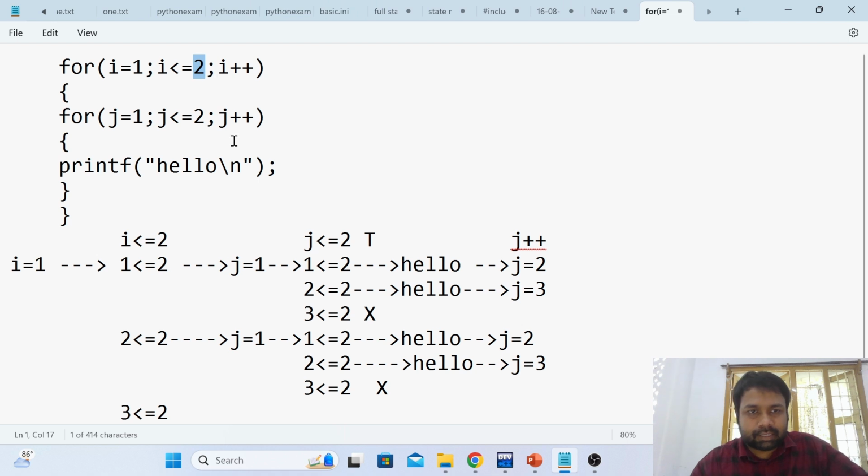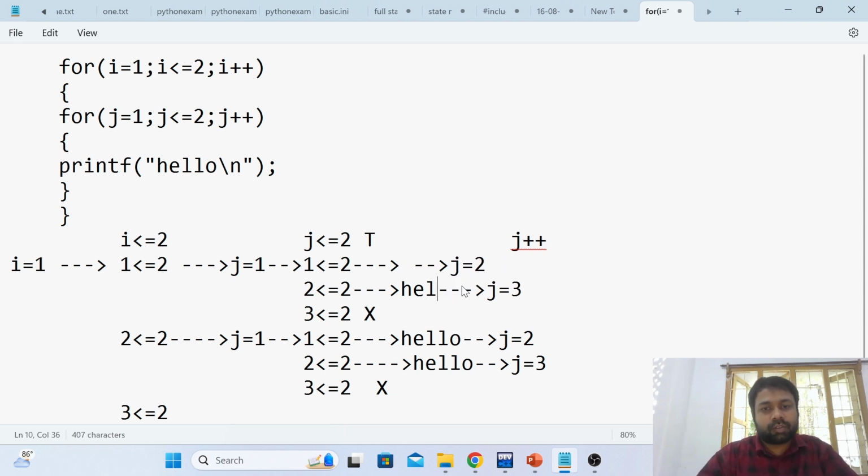Okay, I will consider this in the coming nested for loops topics. Nested for loops are majorly used in the patterns concept and also the arrays concept, right? So now I have printed hello 4 times, right? Now my question is, for the same code, instead of printing hello,